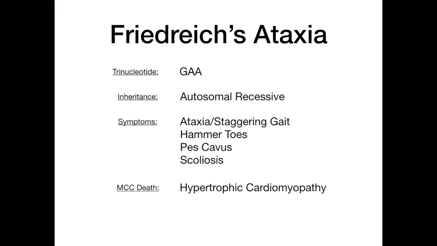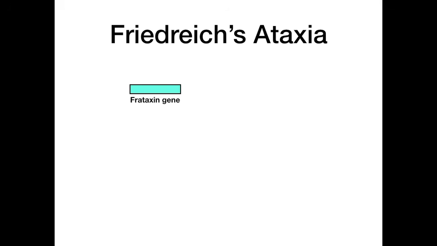Now, Friedreich's ataxia is the one of these 4 diseases where I think it's really important to understand the pathophysiology of what happens that leads to all of these symptoms in the nervous system. So Friedreich's ataxia, again, is an autosomal recessively inherited disease that causes the trinucleotide repeat GAA, or GA, to lead to a defect in the frataxin gene. Normally, the frataxin gene is responsible for shuffling iron into cells. So when a normal functioning frataxin gene is doing its job under physiologic conditions, the perfect amount of iron comes